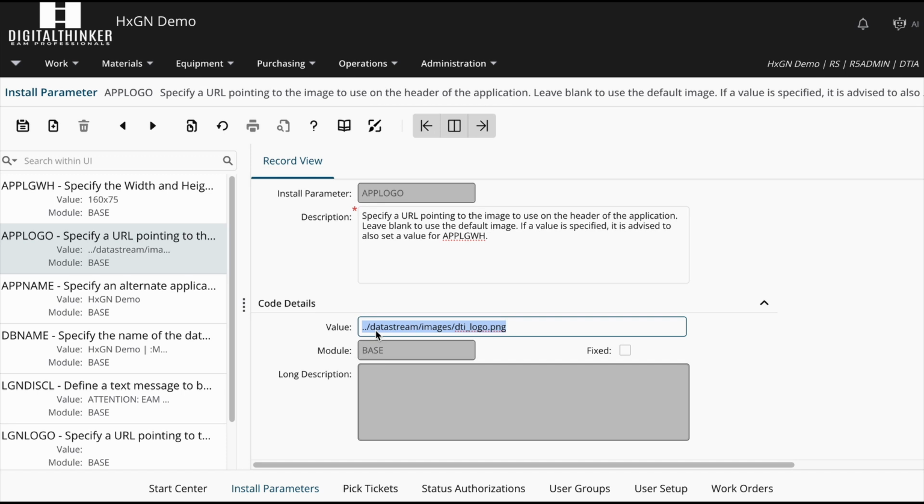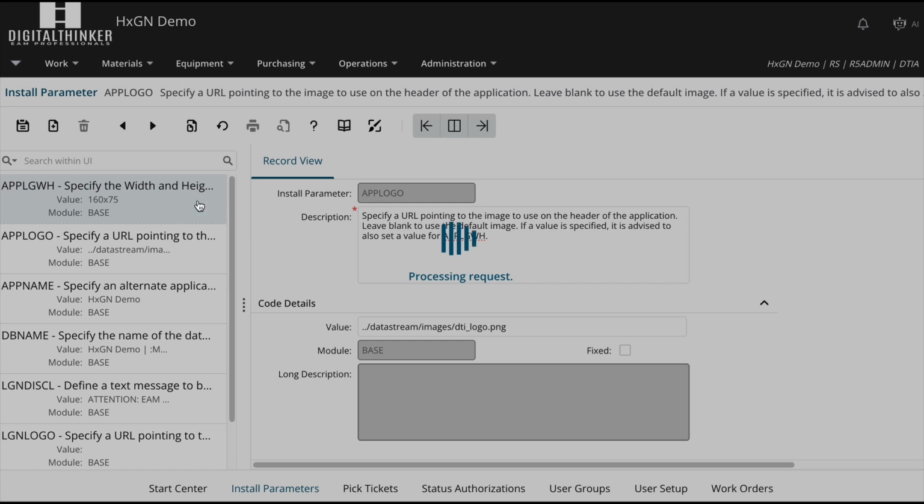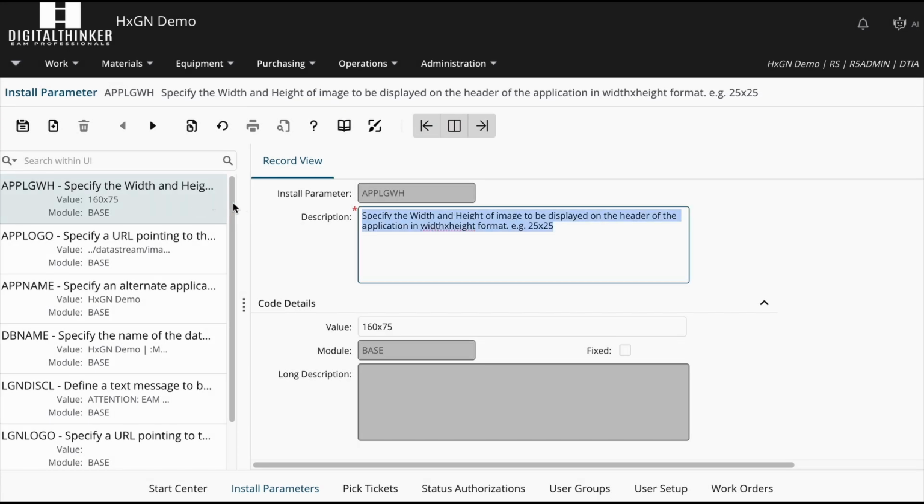If you define a value, you'll also want to adjust the app LGWH install parameter. This install parameter allows you to control the width and height of the image displayed. While app logo controls the image displayed in the header,